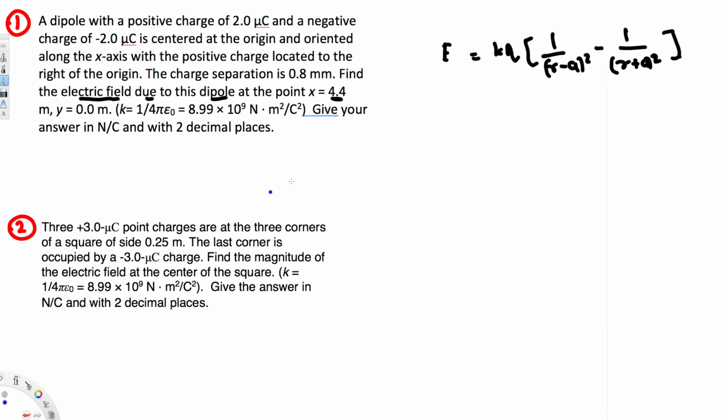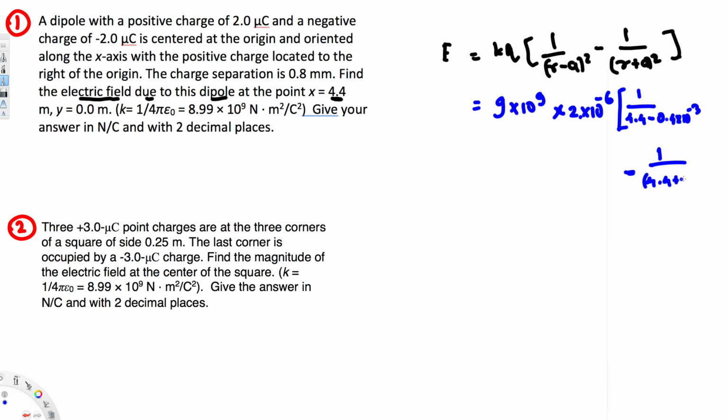A is half of the charge separation, because we are looking at the midpoint of the charge separation, that is 0.4 times 10 to the power of minus 3, and then we have to subtract the addition square. So that's going to be 1 over (4.4 plus 0.4 times 10 to the power of minus 3) square,